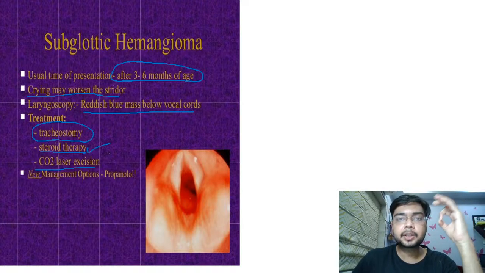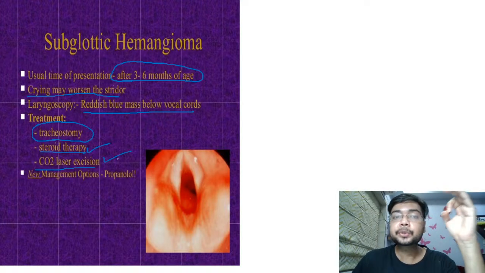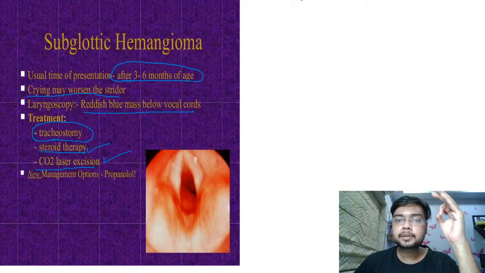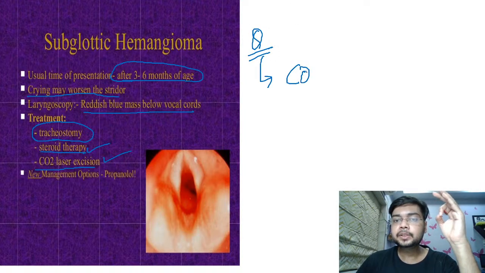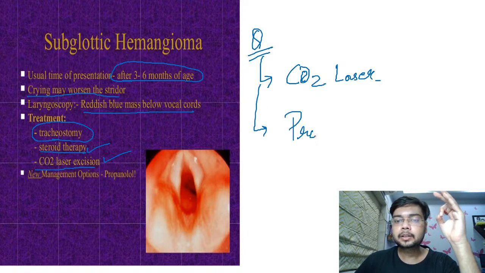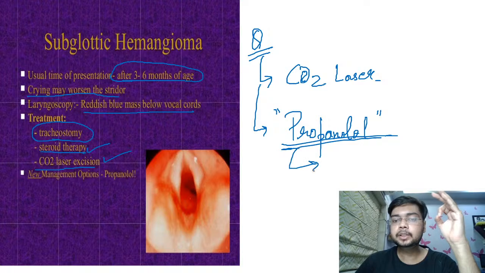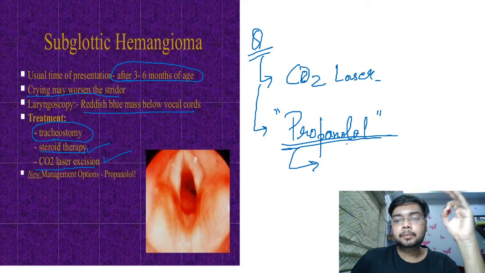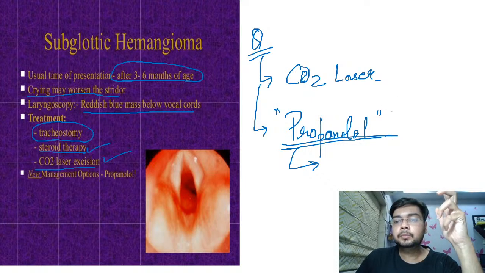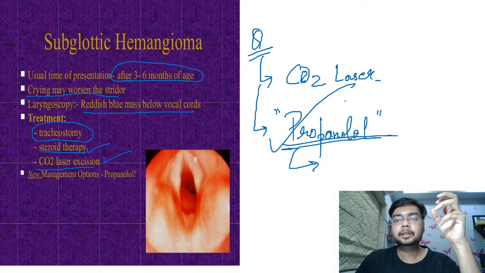You may go for steroid therapy, you may go for CO2 laser excision, and what is important from your exam point of view is, along with the use of CO2 laser that you used to know up till now, there is one important drug that is called propranolol, which has a definite role in treatment of these subglottic hemangioma. So if they give you an option in the treatment of subglottic hemangioma, propranolol, mark it in the